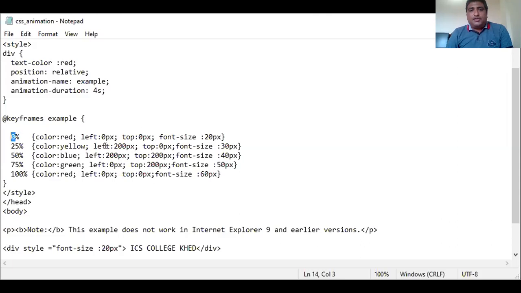Its left is 200 pixels and top is 0, which means in left direction it is 200 pixels and in top it's at the initial position. That is its starting position. And when we write here left 200 and top 200, that means from left it's 200 and from top, that is in y direction, it is 200. So let's see its output.